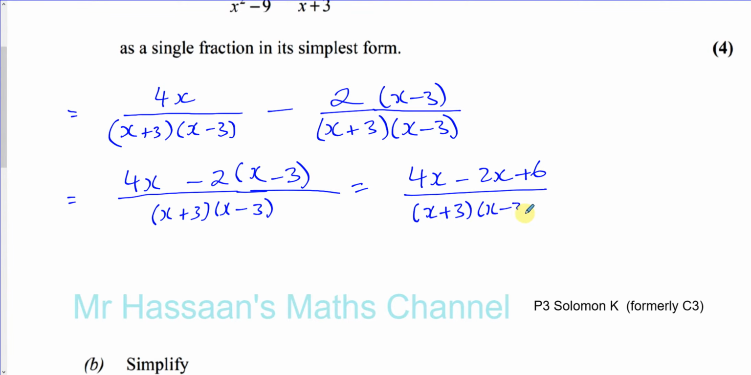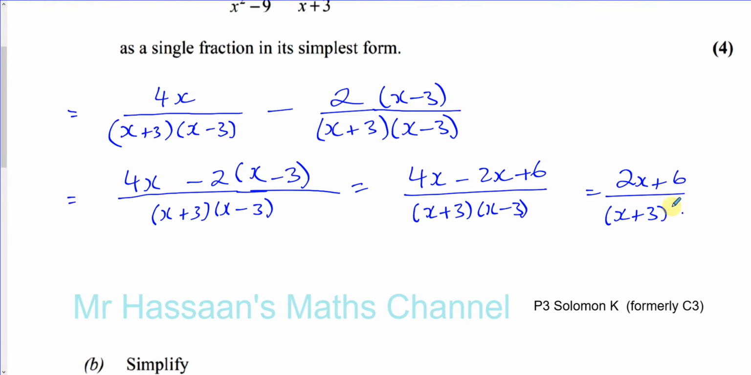Which gives you now 4x minus 2x is 2x, so you have 2x plus 6 over x plus 3, x minus 3. You can rewrite it as x squared minus 9 if you want. There will be a factor. Always keep it factorized, because I can see there's going to be a factor. So it's best to actually keep it in its factorized form,